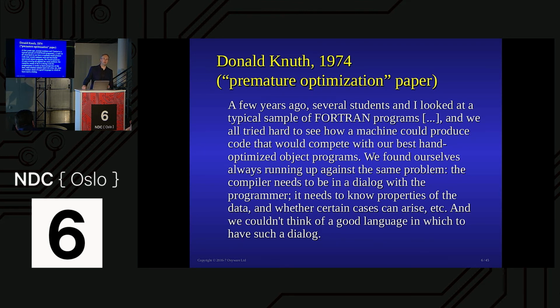No doubt you're familiar with the Donald Knuth paper from 1974 that everybody quotes, and it says, blah, blah, blah, premature optimization, blah, blah, blah, we should forget about it 97% of the time. There's another section later on that I want to refer you to, which is this one. So that's 1974. That's quite a long time ago. It's 43 years. And he's then saying even a few years before that. So we're into 45 years plus.